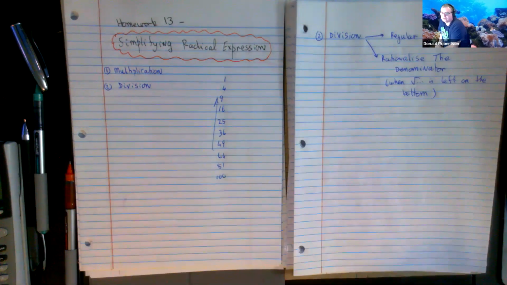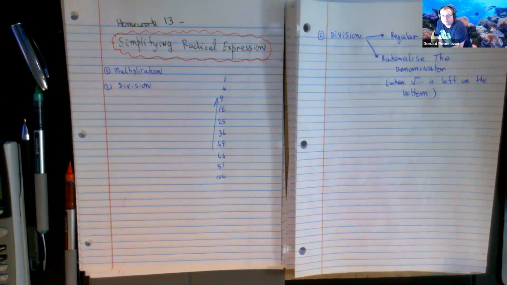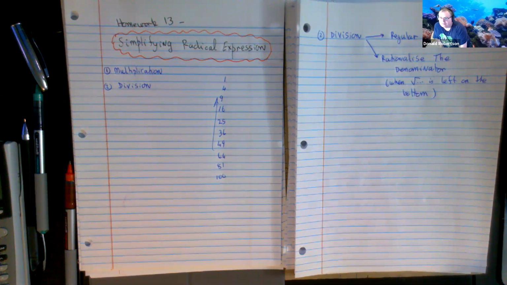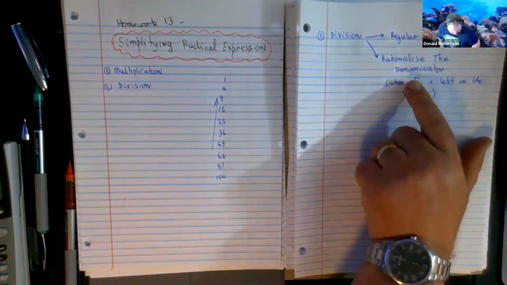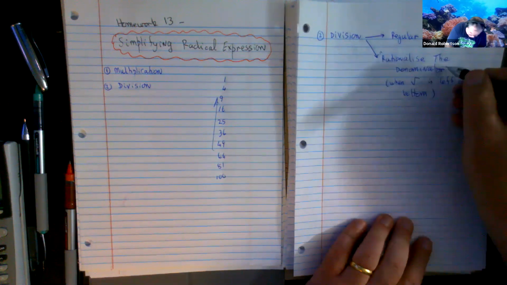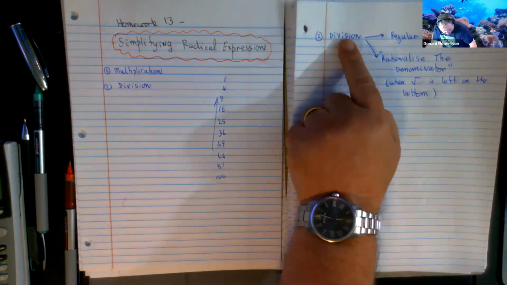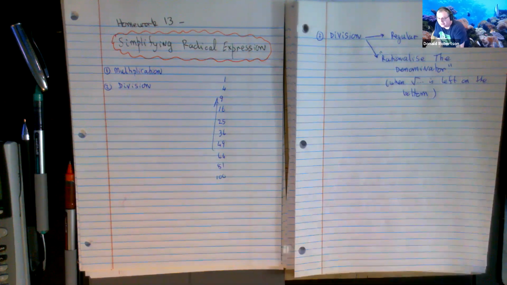You're going to do divisions of numbers and expressions. And the regular kind come out nice. And there may be fractions, because it's okay to have fractions in the answer, but there won't be any square roots on the bottom. So a regular question is one where, when you've got the answer, there are no square roots in the bottom. And then the second kind of situation that's going to happen, we have a technique called rationalize the denominator. You have a division and you do the same process, but when you're finished, typically